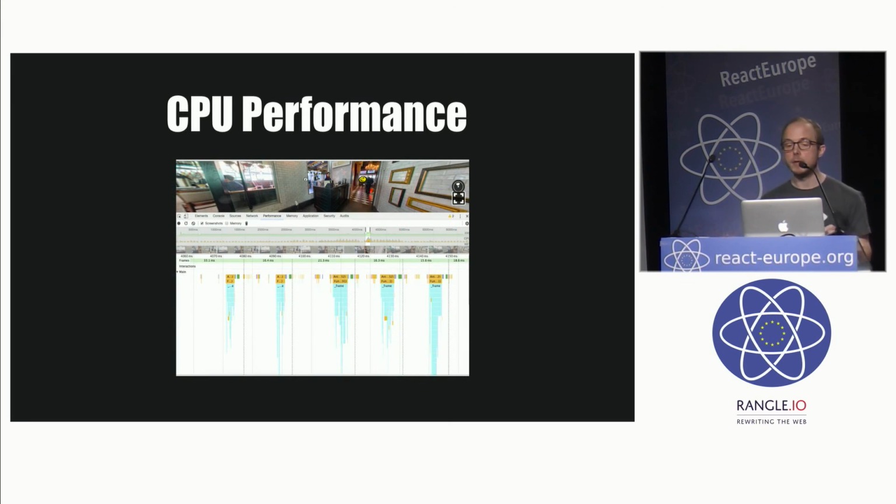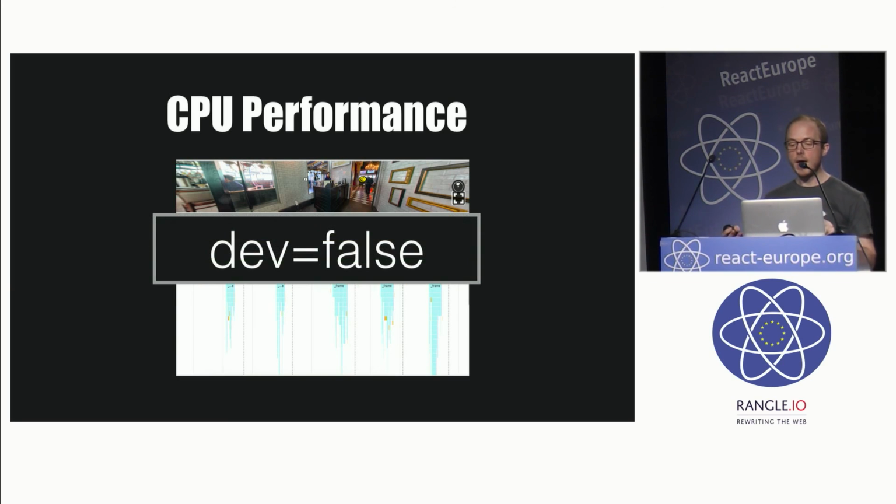Finally, this brings us to CPU. Chrome has a fabulous set of tools, and you should use them. A simple profile capture of interaction with your application will reveal a wealth of information and help inform your optimizations. But beware, React Native has many debug checks when running in dev mode, so be careful to test in the prod build of your JavaScript bundle.